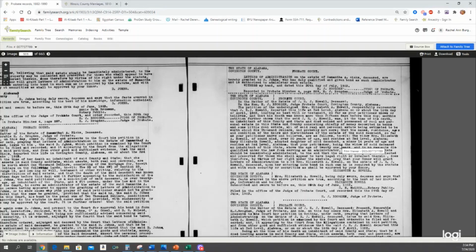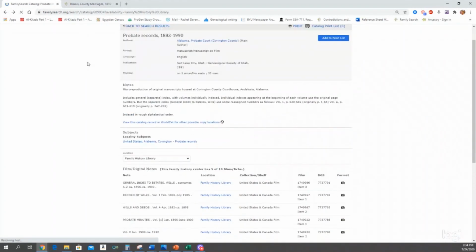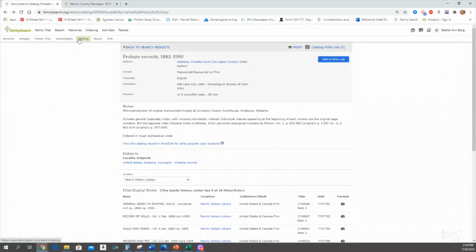Because you'll find gems. I almost always find something for an ancestor when I do this type of search in the catalog. So it's just really rewarding. And that's why I'm excited to be here with you to just share with you how to do it. And hopefully it will open up more records for you and more information and stories and details for your ancestors.